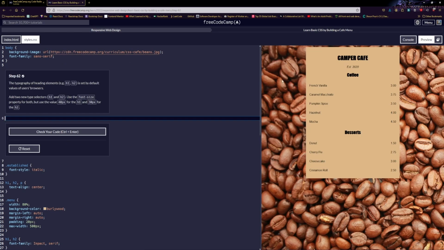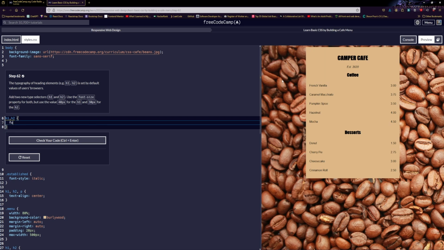Typography of heading elements is set by the default values of the user's browsers. Add 2 new type selectors, and use the font size. And in this case, we don't actually want to be doing